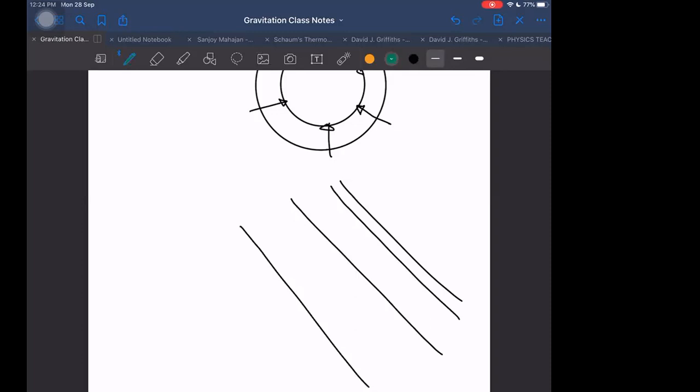Normally when we draw equipotential surfaces without mentioning that it is 50 or 40 or what, we should understand that we are drawing in equal intervals. For example, if it is 50 and it is 40, then this has to be 30 and 20. But then the gap is decreasing. If the distance is decreasing and the potential difference is the same, then here the field will be stronger. So when equipotential surfaces are closer to each other, the field becomes stronger.